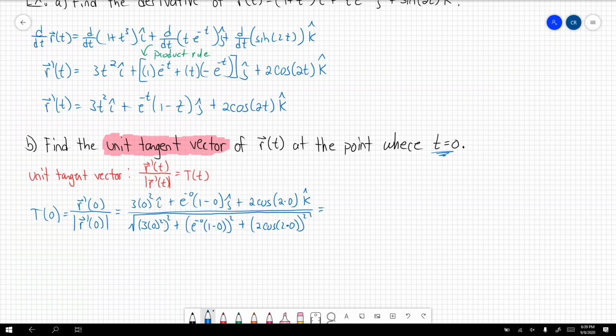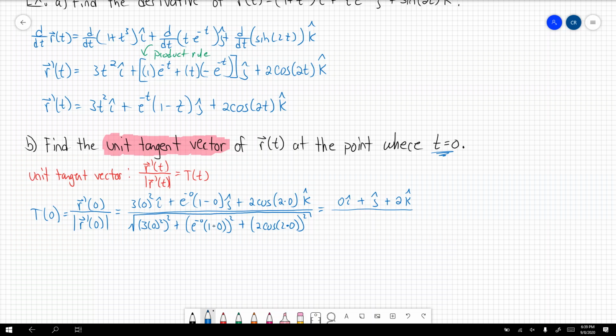So as we go through the whole process, you're going to see that the i component is no longer going to be there. The j component is going to be there, so we have 0i, and then plus j, and then cosine at 0 should be 1, so that's going to be 1 times 2, so plus 2 k hat. All divided by, well, let's see,